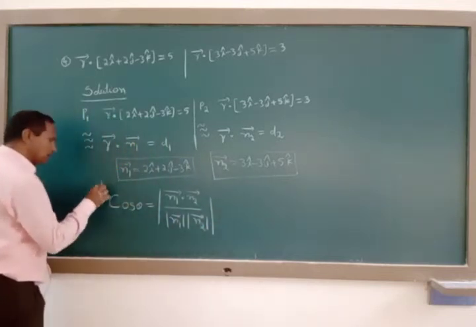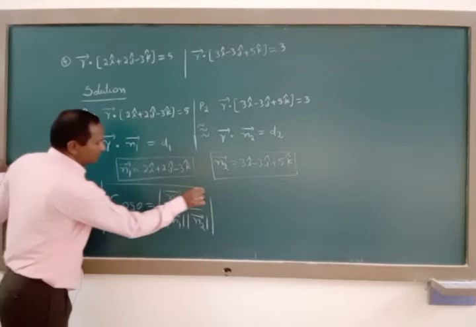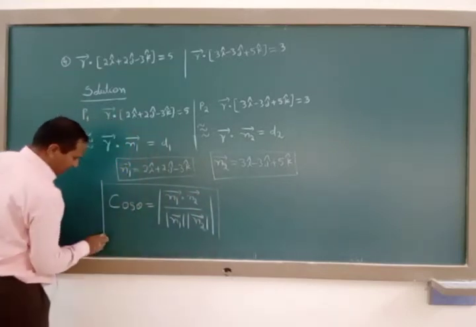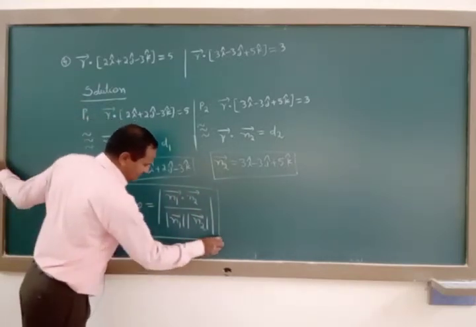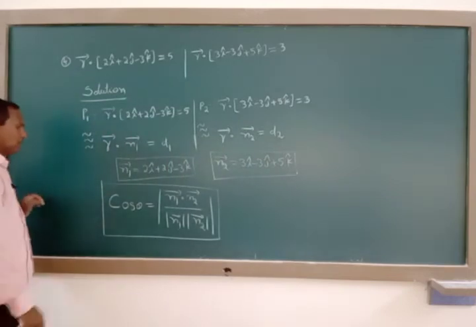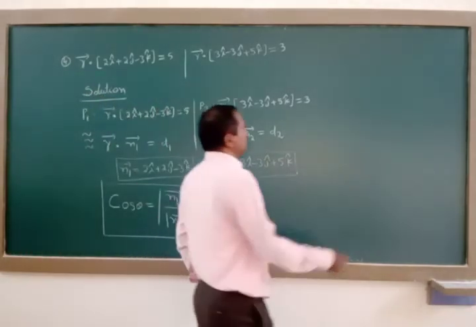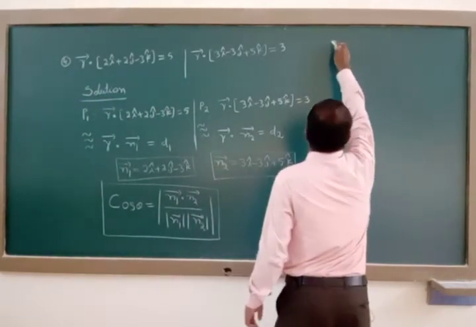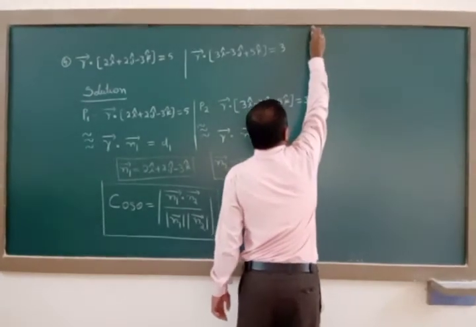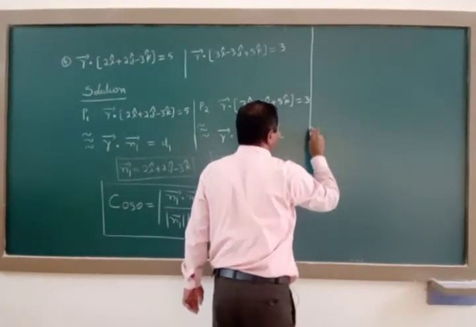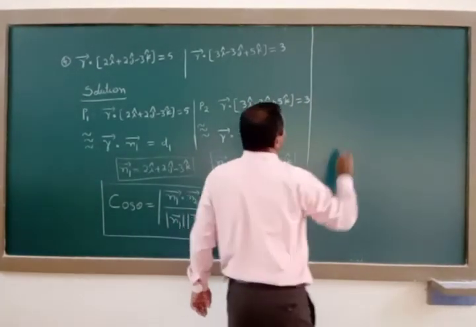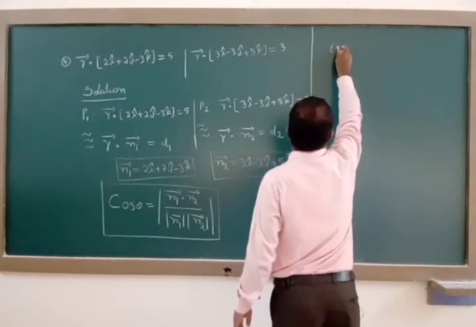You have to apply this formula to find the cosine of the angle between the two planes. That is, cos theta is equal to, here we separate this part by a line. Here cos theta is equal to